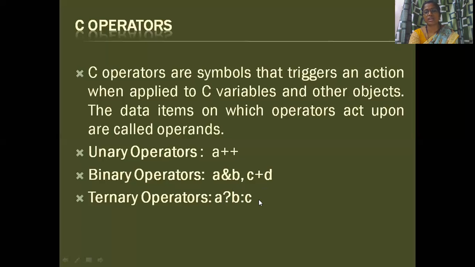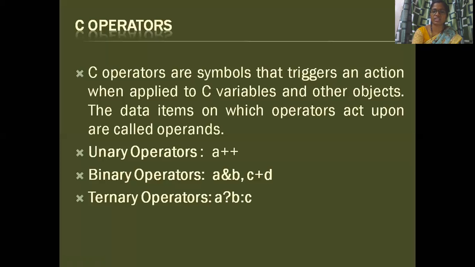Next is the ternary operator. This is also called the conditional operator. Here we write a question mark and a colon. The meaning is: if A is greater than B, this is the expression. If this expression is true, it executes the first statement. Otherwise, it goes with the second statement. So like this, we have different operators in C language. It's another concept where we learn the programming also. So it's a basic idea of your tokens.